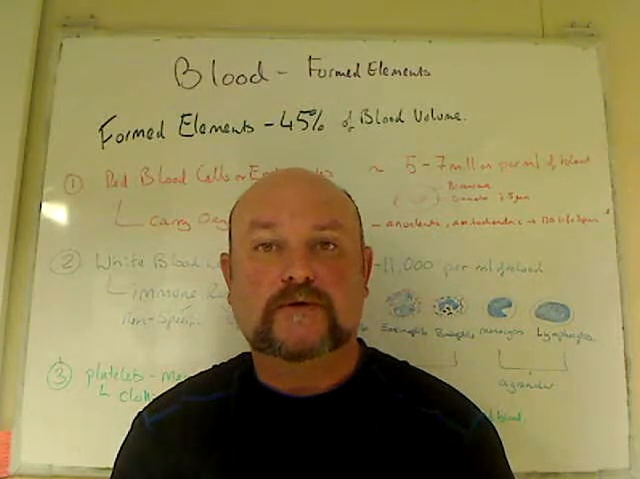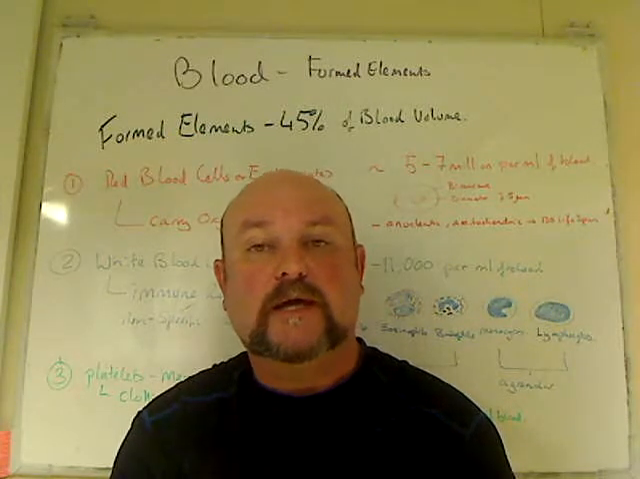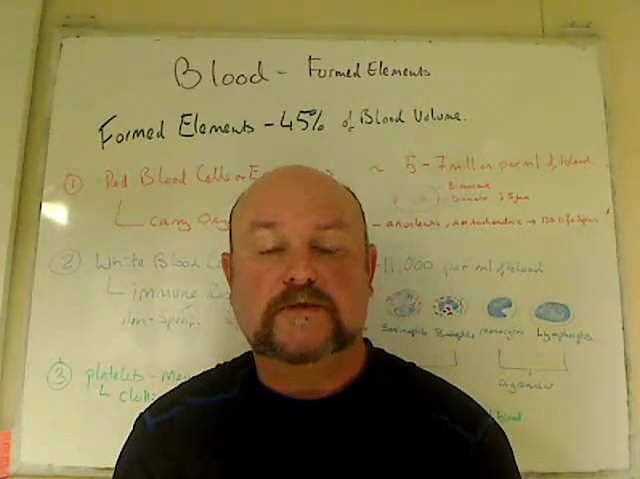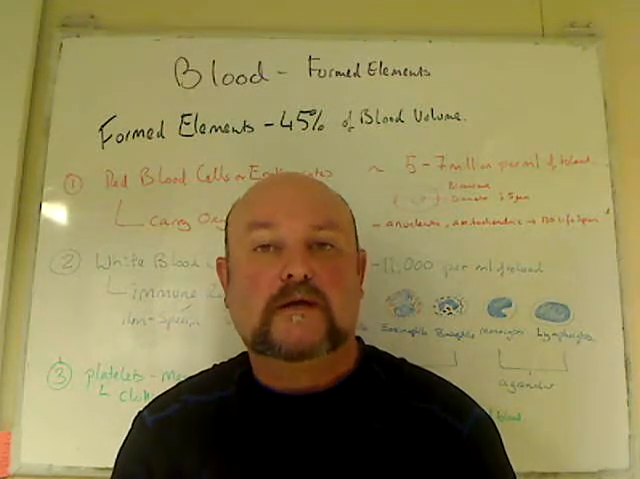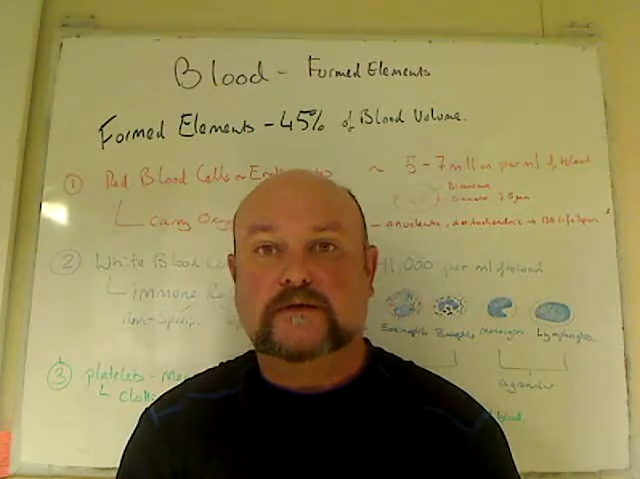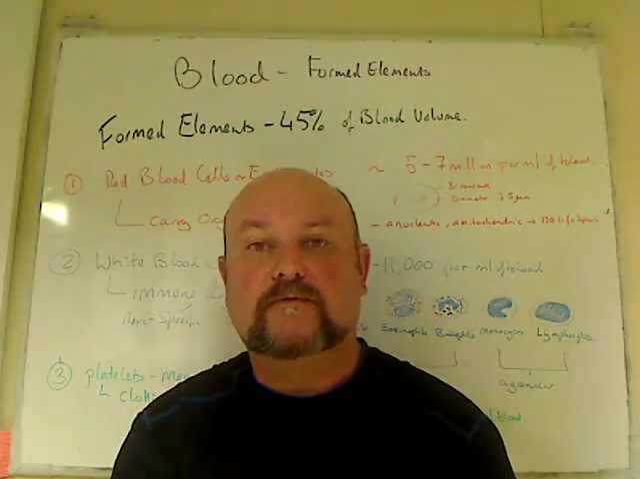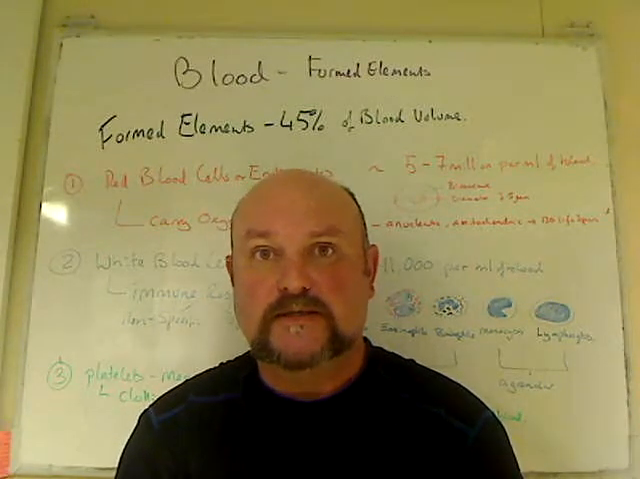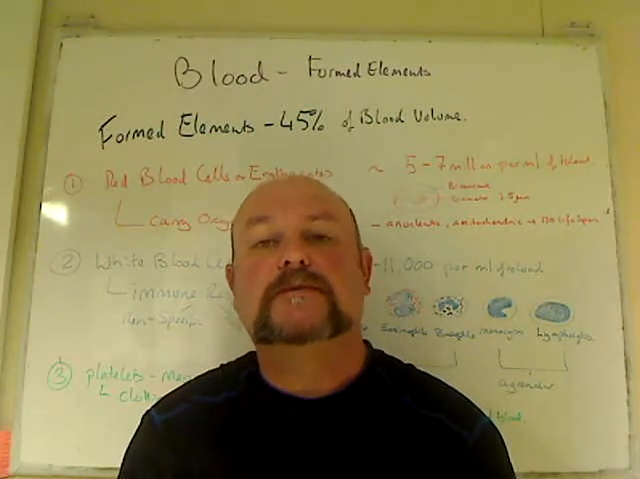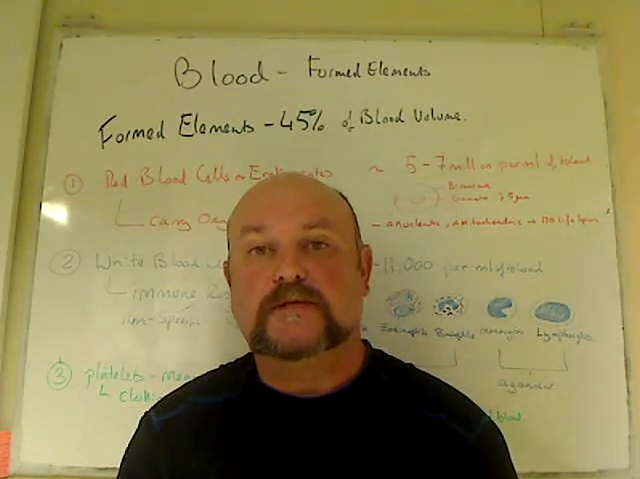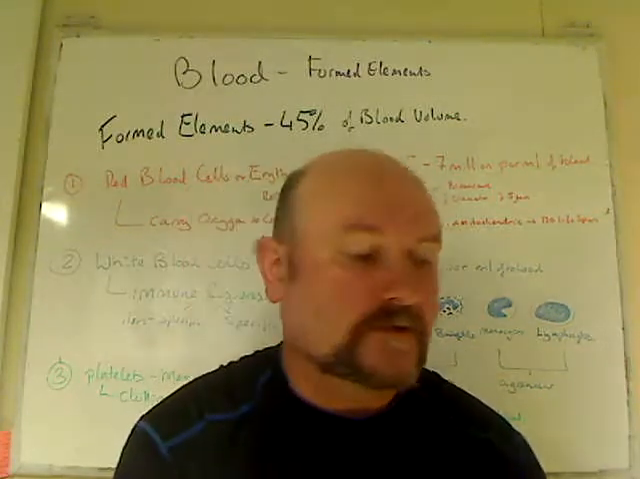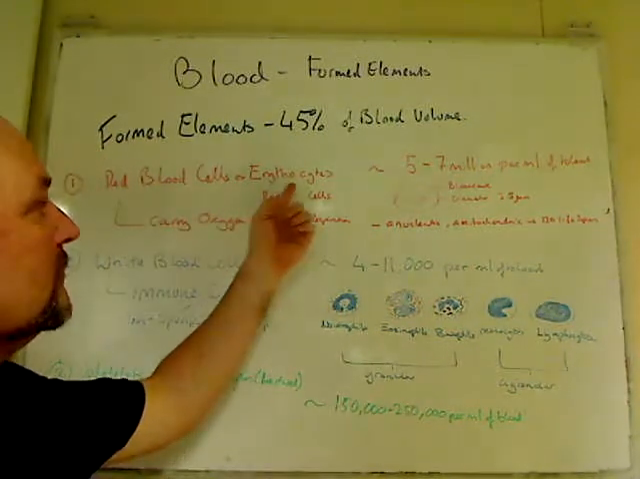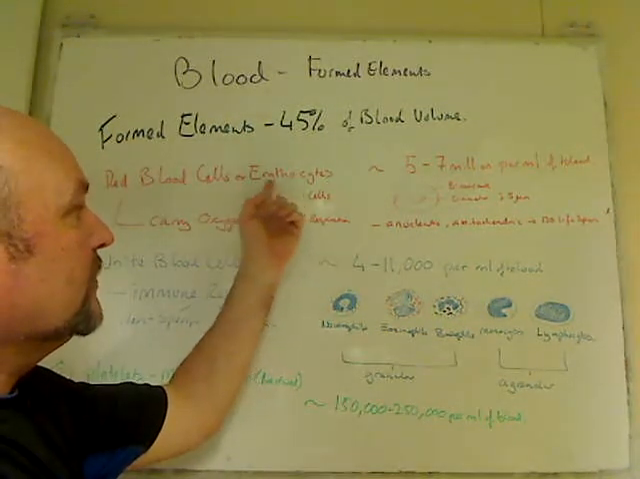And behind me on the board, as usual, I've written up some information that we can use to help us understand what we're looking at. So inside human blood we have formed elements, which are cells, and there are three main types, and then we have some subtypes in the white blood cells. So what are the three types? Well, we have red blood cells, correctly referred to as erythrocytes,